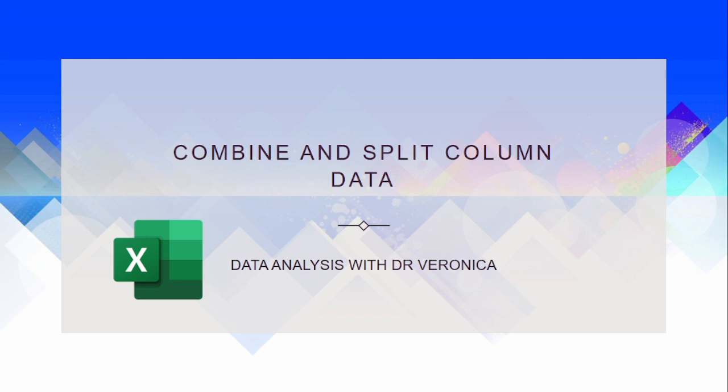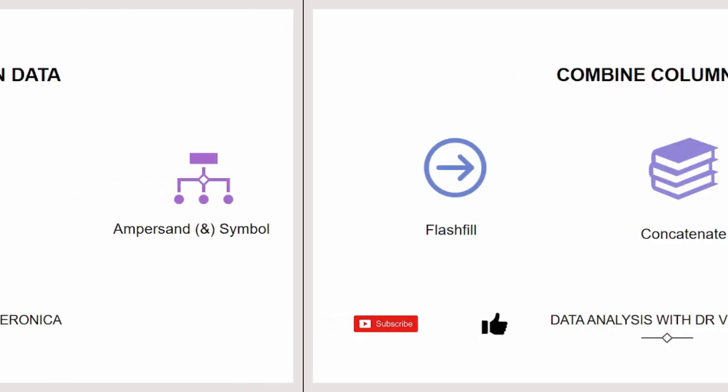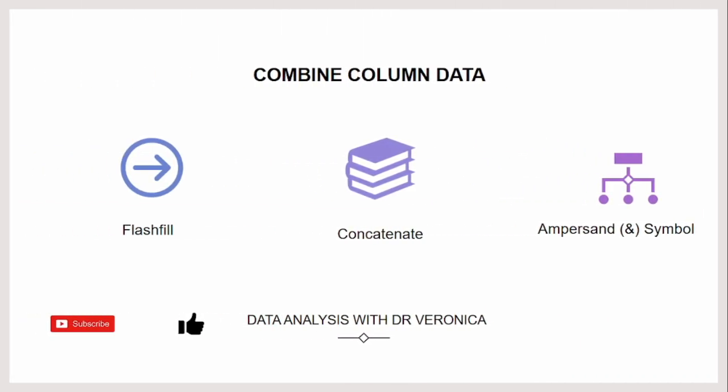In this video, we would look at how to combine and split column data in Microsoft Excel. Imagine you're sent a spreadsheet with data organized in different columns, and you're required to combine this data into one column. It could be something like first name and last names arranged in different columns, and you have to combine them into one column, or it could be any form of combination at all, right? So we will see in this video how to use FLASHFILL, the concatenate function, and the ampersand symbol to combine data